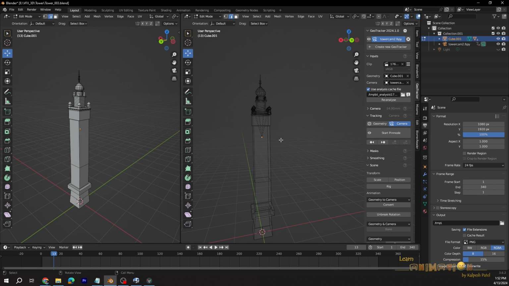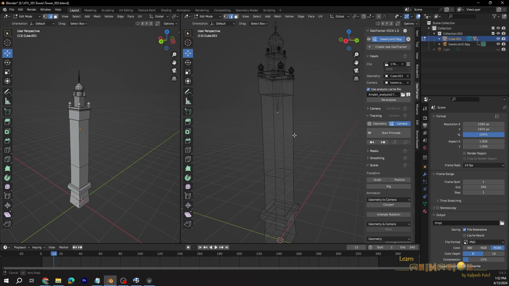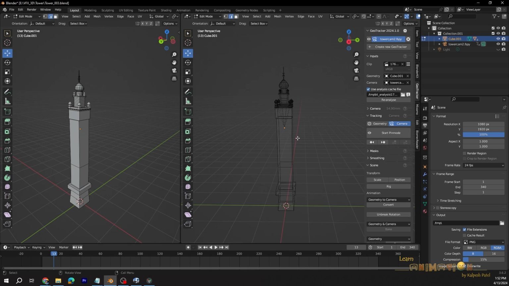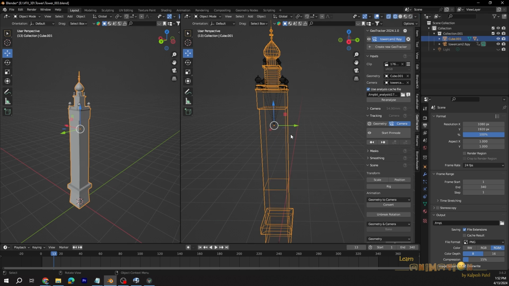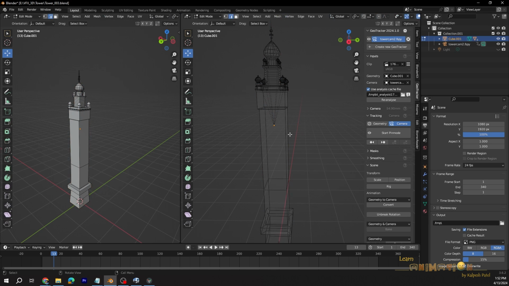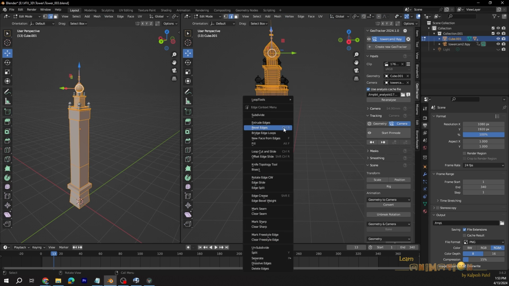To create the effects, we are going to use the particle system and geo scattering. For that we require this geometry to be a little heavy, so we need to subdivide it. You can just go into edit mode, select everything and subdivide.